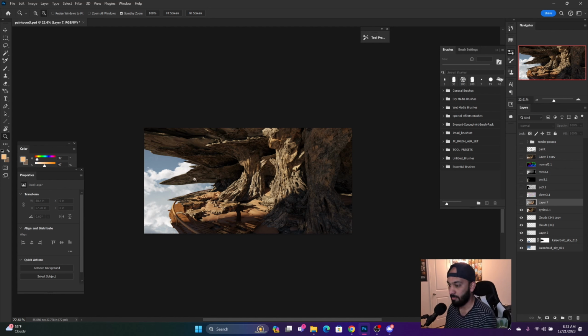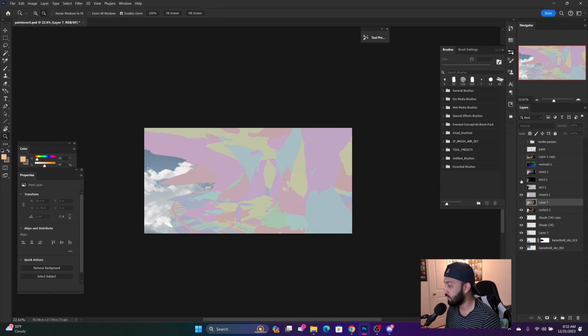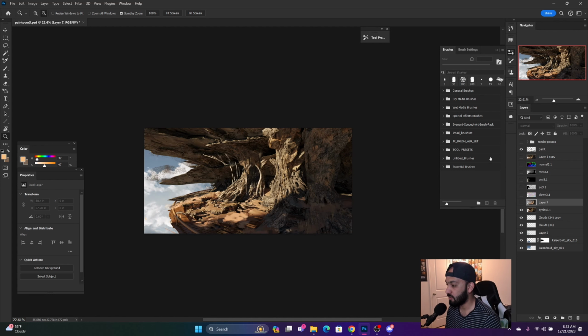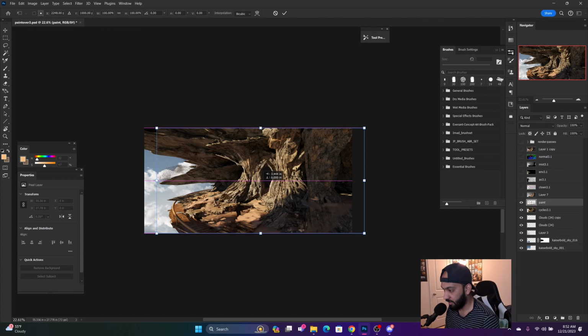My paint, so the background didn't really change a whole lot because it was below the render anyways. That's the new clown pass, ambient occlusion, environment. Let's take this paint. So this was my initial paint layer for the previous render. So what I'm gonna do is I'm just gonna free transform and see if I can match it